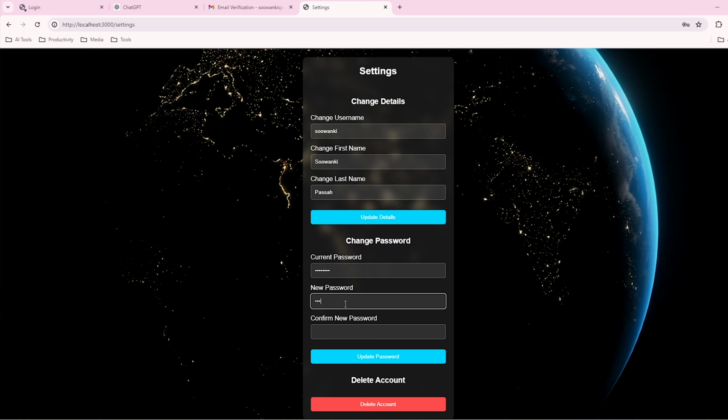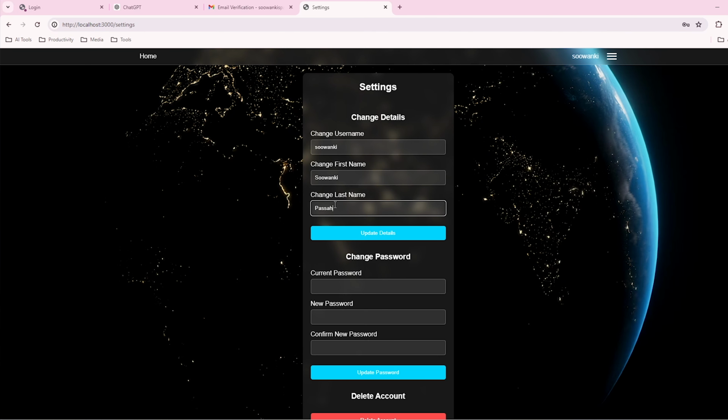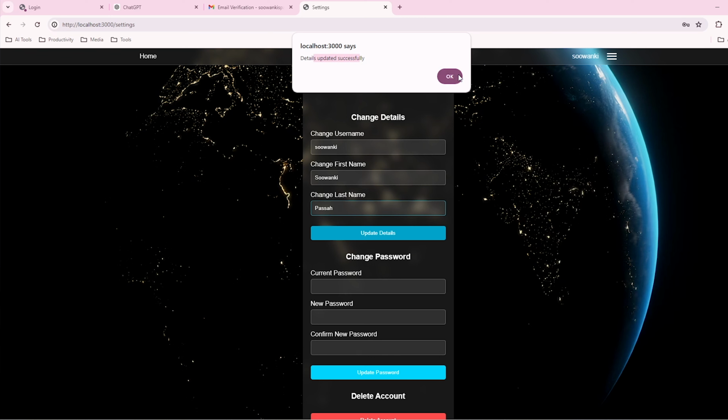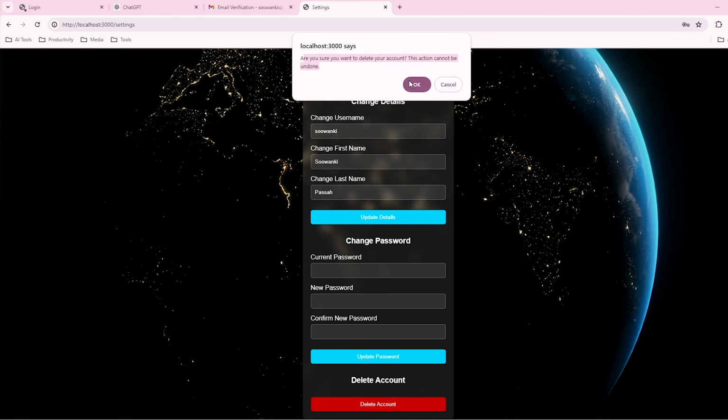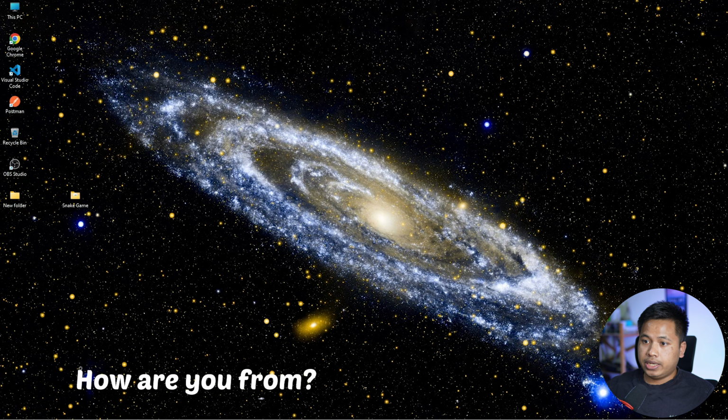Password management, allow users to change their password and recover forgotten ones. Profile management, where users can update their details like name and username. Account deletion, the user has the option to delete their account, and many more. All this will be done by just copy and pasting the code from ChatGPT. So let's open ChatGPT,